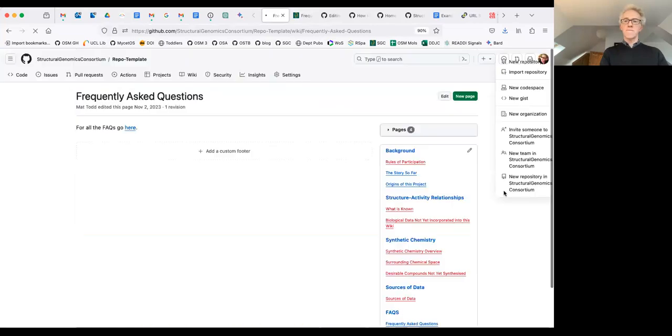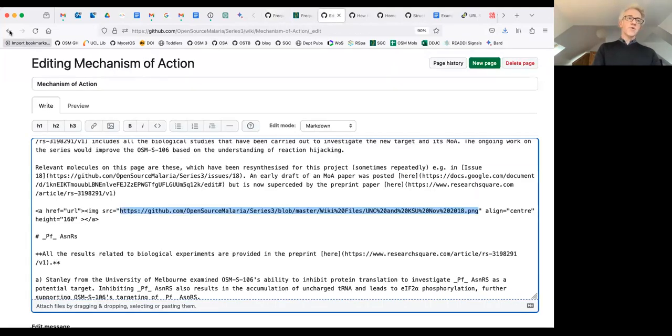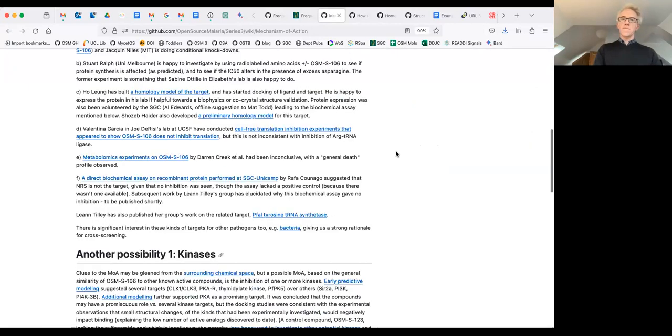They can get some answers there. All right, so some FAQs. And then the sources of data is also really important. And this is where you can put in all the links to the various things that are working, the raw